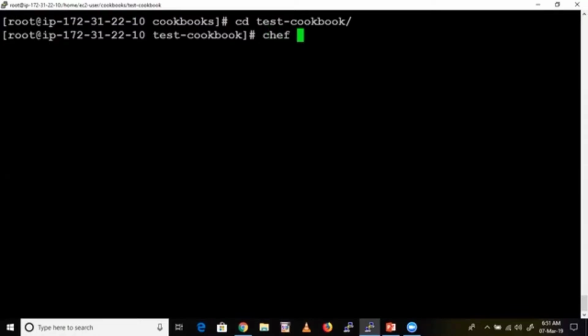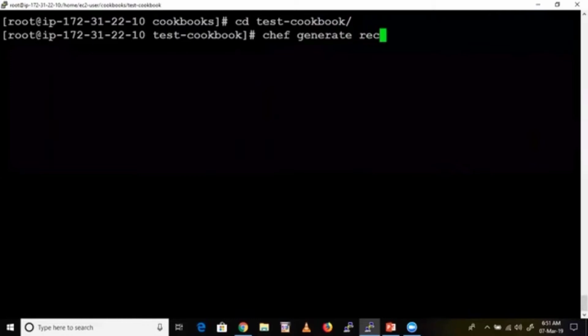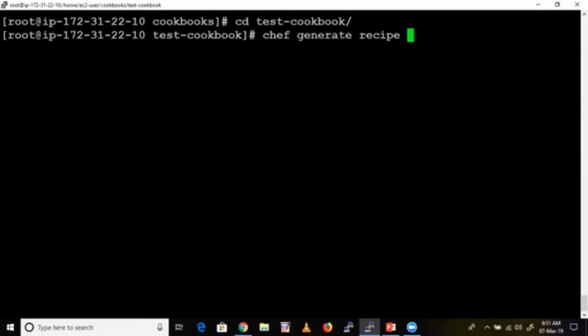So let's create a recipe. chef generate recipe, and what is my recipe name? Let's give demo-recipe. That extension is not mandatory, guys. Don't think that for every recipe you are giving an extension. You can use only demo. chef generate recipe demo-recipe.